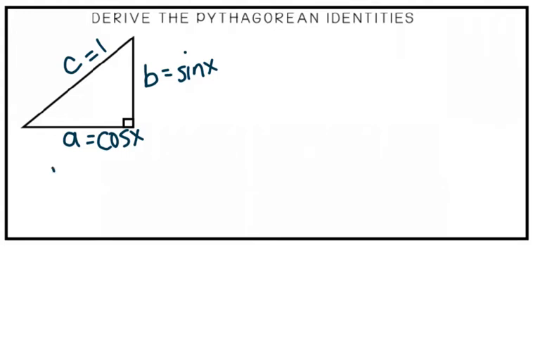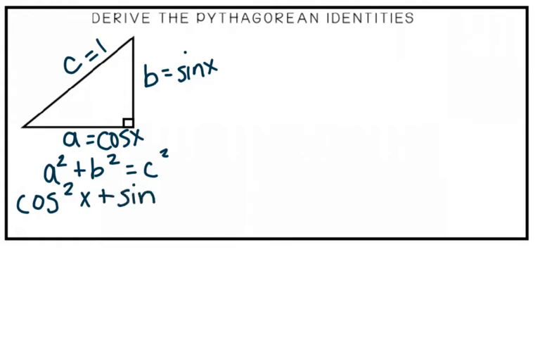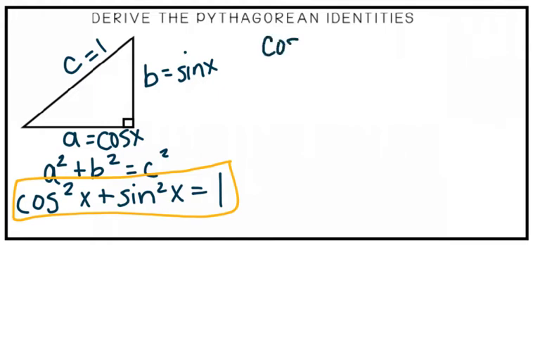So remember, Pythagorean theorem says a squared plus b squared equals c squared. So for me, I have cosine squared plus sine squared equals 1 squared, which is 1. So right here is a big Pythagorean identity. From this identity, we can do some other things. So we can take this identity,